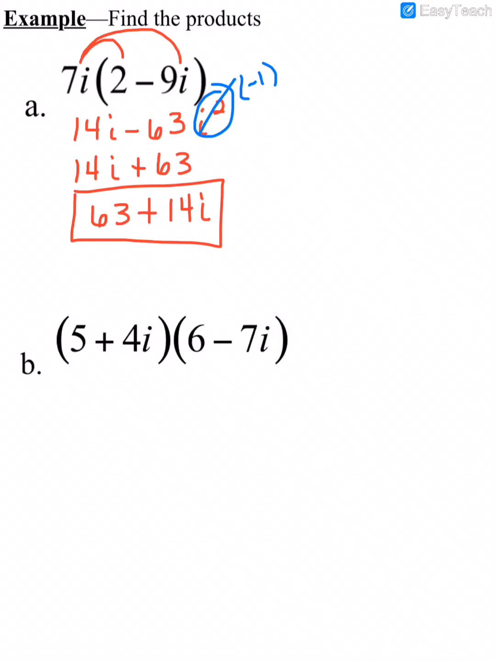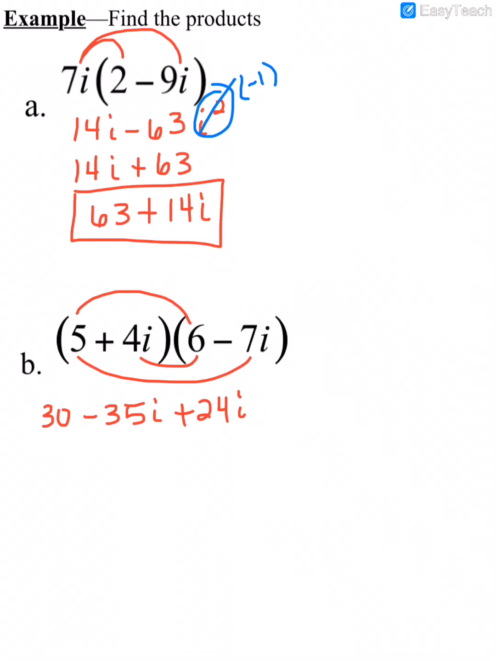All right, let's look at B. Since these are two binomials, I'm going to FOIL. Multiply the first two, that gives me 30. The outer two would be a negative 35i. The inner two, that would be a positive 24i. And then the last two would give me a negative